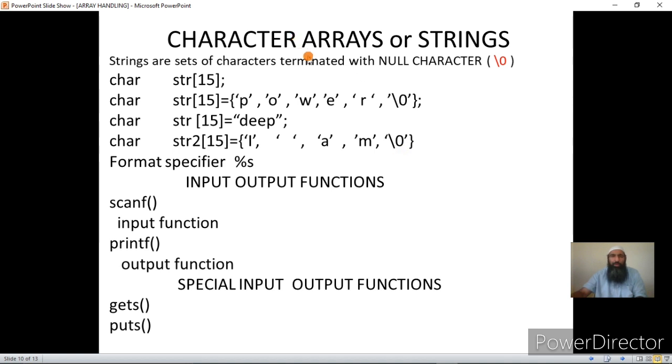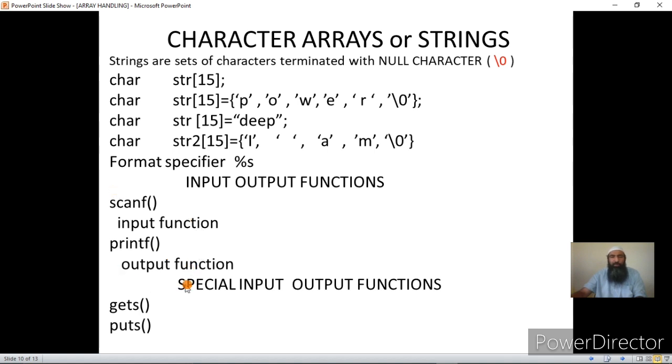Now there are two ways of inputting and two ways of outputting strings. For input we can use scanf. Of course we have to use a proper format specifier for the arrays, and that is %s, and for displaying again we will be using the format specifier %s.